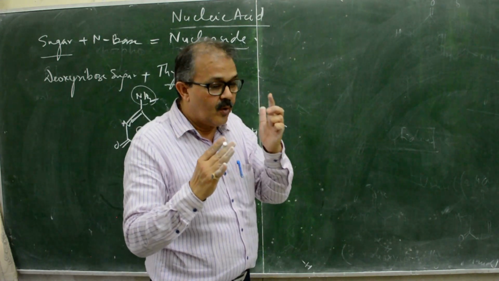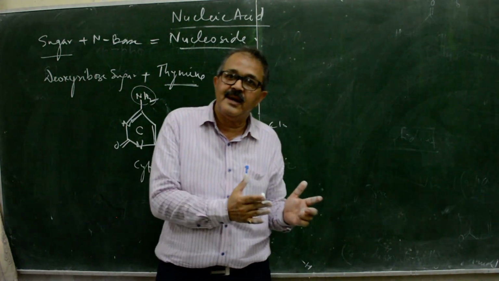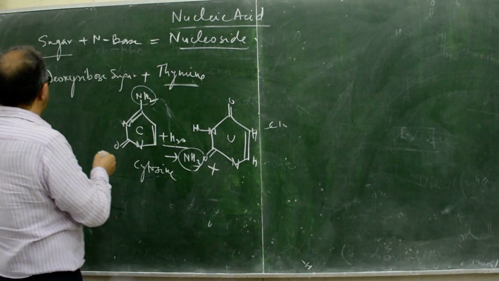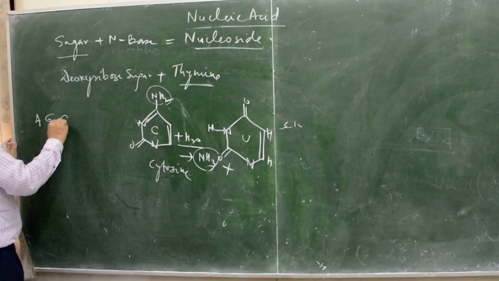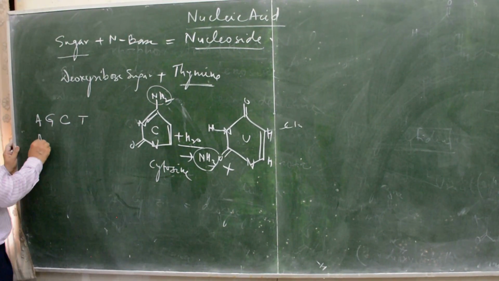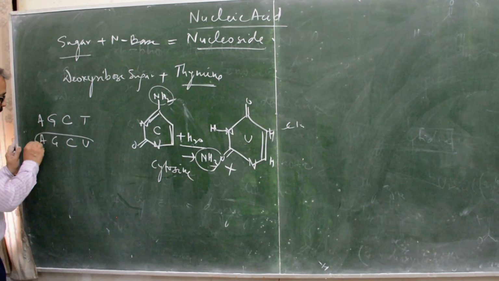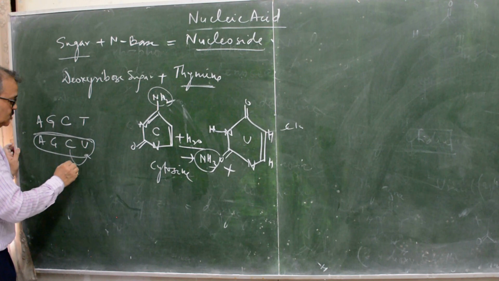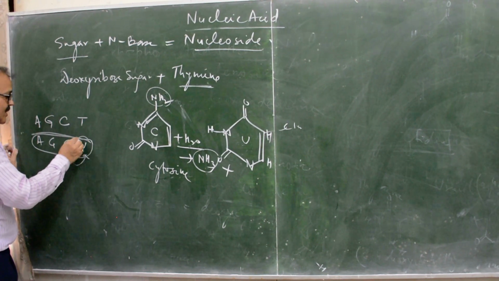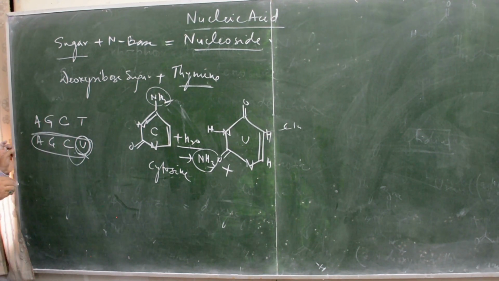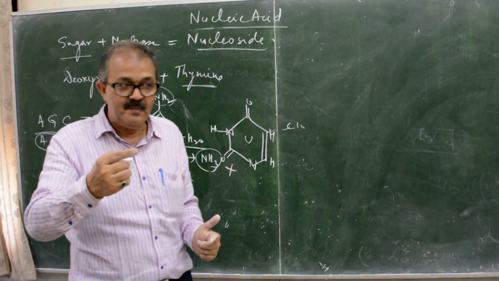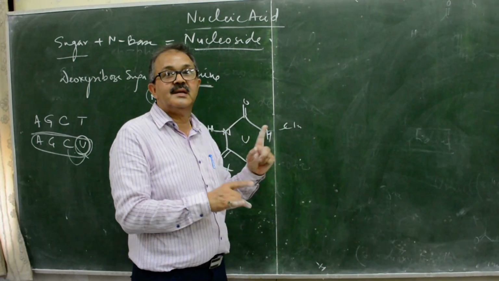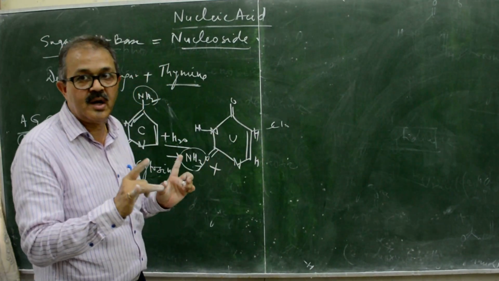If anyone asks you why uracil is not present in DNA, the answer should be that it is a question of natural selection. In DNA there are adenine, guanine, cytosine and thymine. Suppose the DNA had adenine, guanine, cytosine and uracil, and cytosine may convert into uracil; then you can't identify which uracil is natural and which is the result of mutation. So it is natural selection, and the methyl group is present in thymine. This may be an answer to this question.